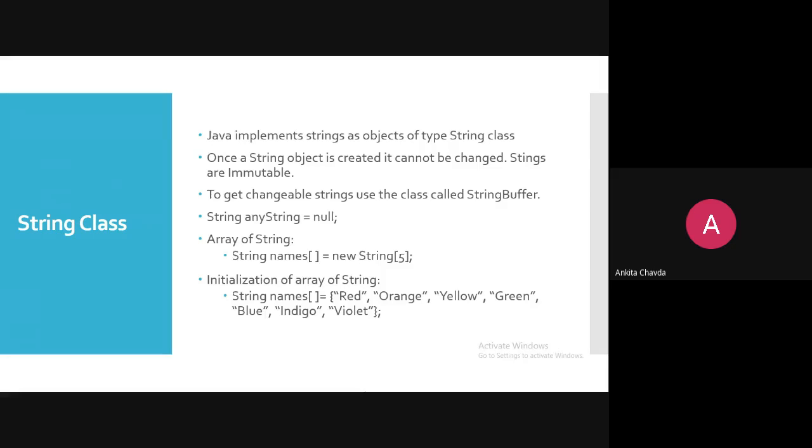String class is immutable. Immutable means once it is assigned, you cannot change it. Suppose I give an array size of 5; it will remain 5 only. You cannot change it from 5 to 10; you have to create another object. Because string is immutable, if you want changes, to get a changeable string, you need to use the StringBuffer or StringBuilder class.